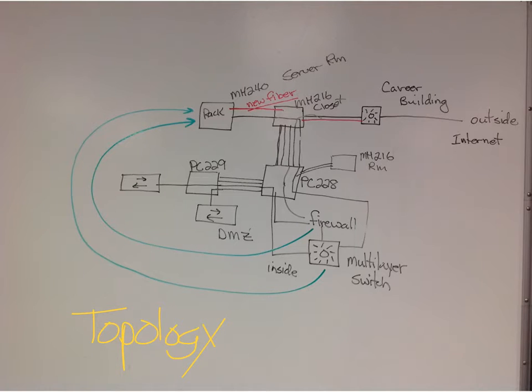Currently we have, if I was to draw this and kind of do it like this, we have PC 228, we have that wiring closet, then we have classroom 229, we have classroom 216, we have the wiring closet in the back of 216, and in reality,